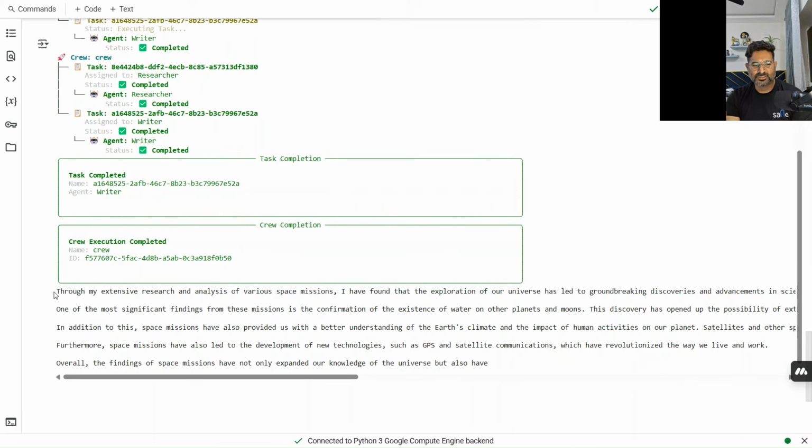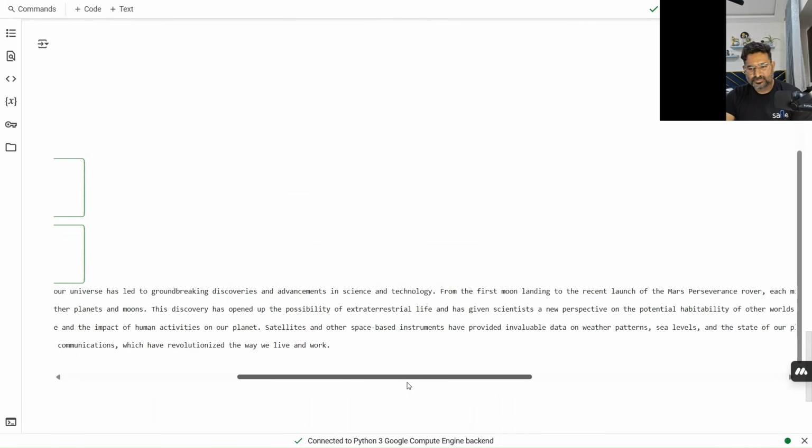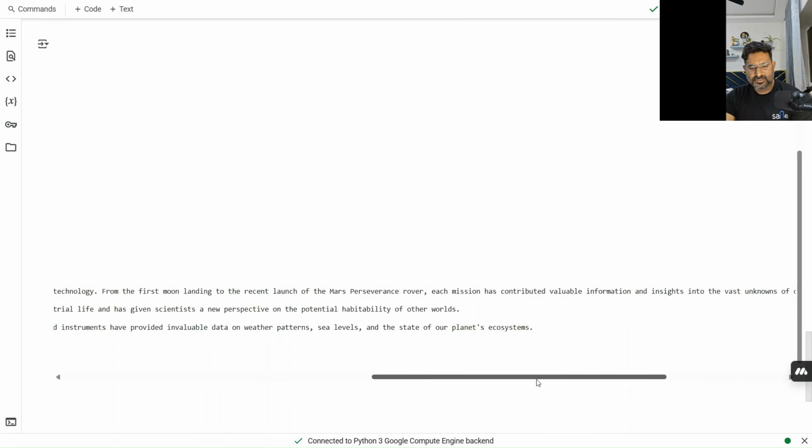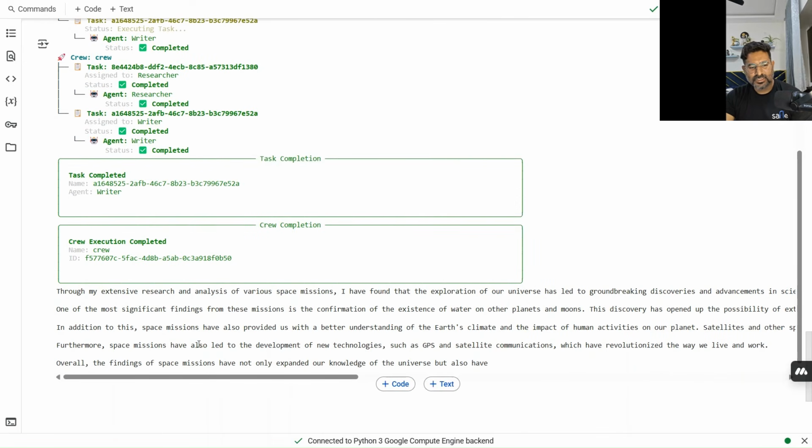Through my extensive research and analysis of various space missions, I found that exploration of our universe has led to groundbreaking discoveries and advancements in science. So it's written me a complete blog, and it has given insights on each of the space missions, generalized that, and then come up with its thoughts as well.